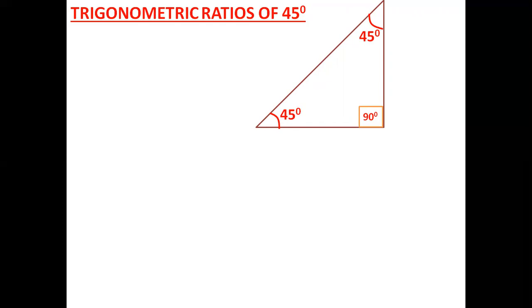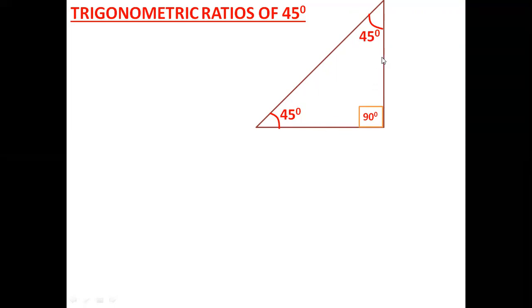So if you observe the right angle triangle, your two angles are equal, 45 degrees and 45 degrees. So this is an isosceles right angle triangle. In an isosceles right angle triangle, these two sides are also equal. Which two sides? The sides opposite to equal angles. The sides opposite to equal angles are equal. Here 45 degrees opposite side this, 45 degrees opposite side this. So these two sides are equal.